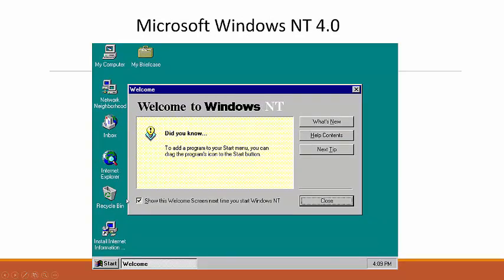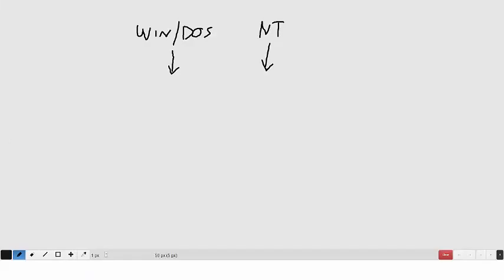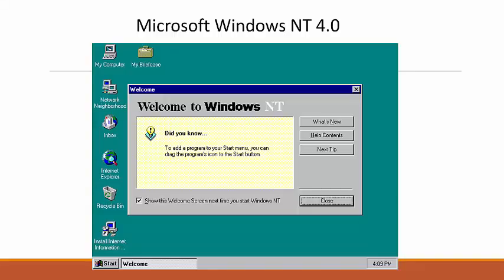At the same time, Microsoft released Windows NT 4. Like the earlier version of NT, it had the same GUI as Windows 95. In this case, though, this one is not based on DOS. It is a totally separate operating system. So we can trace our lineage. We can see here we've got Windows 95, and NT 4.0. And down the two family lines go. Two parallel products, totally incompatible with each other.